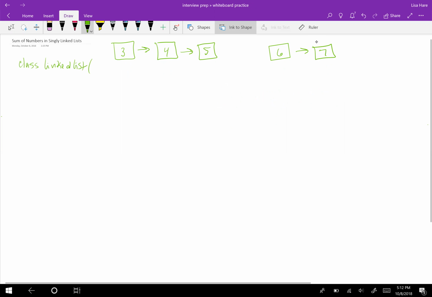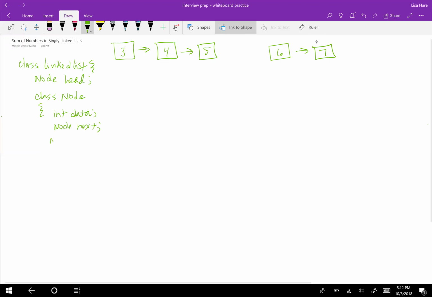So we have a linked list, and in that it has a head, and then we have a node class that we can just define inside of our linked list for these purposes. It's got data in it, and those are ints. It's got a next node,